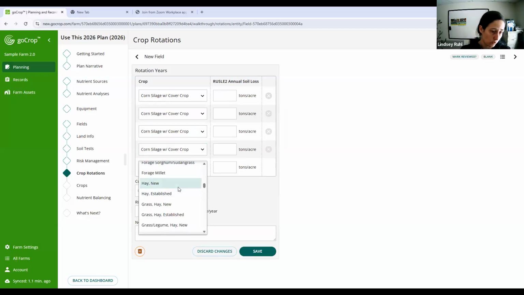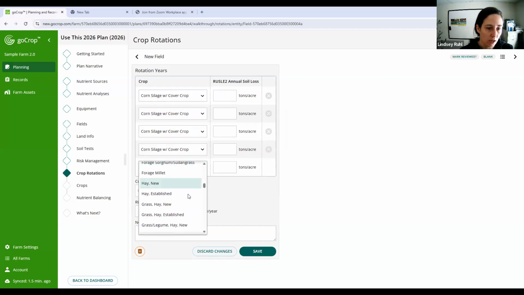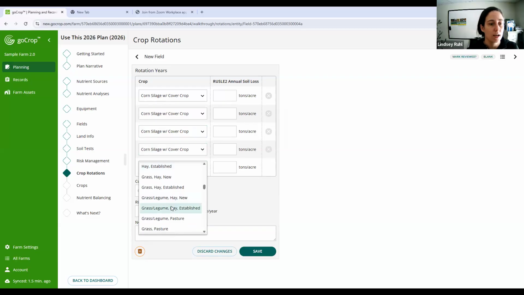And one of the other, there is like this general hay up here that we can use, but I like to, in a rotation, I use hay new followed by hay established. Now, the other piece here too, as we scroll down, and this is important, is that if you have a high legume content in your crops, you're going to also want to capture that